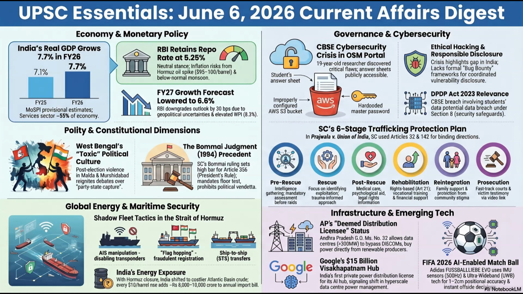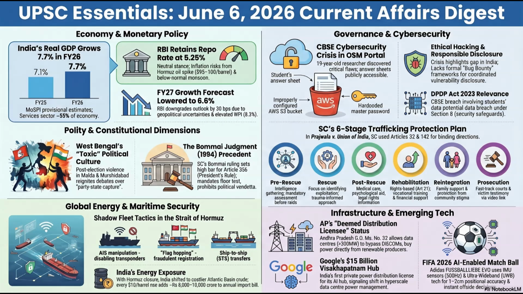We journeyed into the perilous waters of the Strait of Hormuz, analyzing the mechanics of the 978-strong shadow fleet, utilizing AI spoofing, ship-to-ship transfers, and flag hopping to launder sanctioned crude oil, ultimately driving up India's macroeconomic import bills. We transitioned to the hyperlit stadiums of the 2026 FIFA World Cup, where an AI-enabled football pulsing data at 500 Hz promises to eliminate human algorithmic error from refereeing, fundamentally altering the philosophical nature of the sport while raising massive